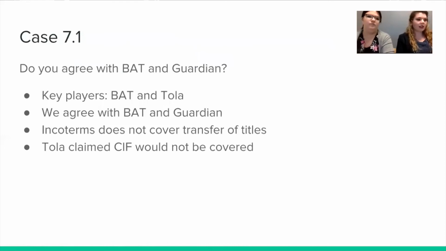So the case actually is just a paragraph, so I'm actually going to read it because it has a lot of important details to understand it. A contract of sale was entered between an American company, BAT Inc. of Calumet City, Illinois, that's the buyer, and the German scientific equipment manufacturing firm Tolla, which is the seller, for the sale of mobile MRI machines.